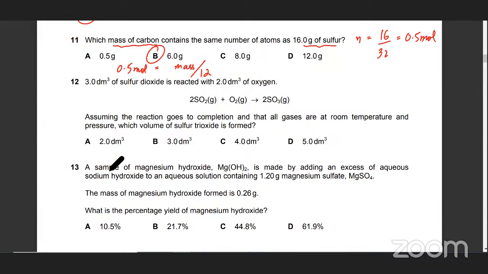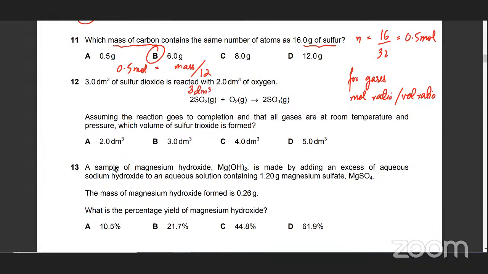it's a question of limiting excess. Plus, you must know that for gases only. For gases, you don't actually have to calculate moles. Okay, you don't have to go into the details. You don't have to use the formula. Although you'll get the same answer if you use the formulas as well. But for gases, remember that mole ratio and volume ratio, that's exactly the same. तो इसका मतलब है कि if you have 3 dm cube